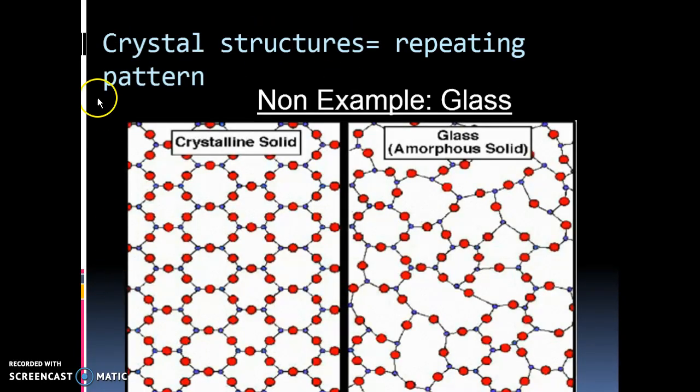And then the last part, a crystalline structure. If we could zoom in on the atoms that make up each crystal, we would see that in order to be considered, again, a mineral, it has to have a very nice repeating pattern. So this pattern right here is repeating. It has the same pattern the entire way through, whereas this one, glass, does not. It has just a random set of atoms everywhere, and since it does not follow a pattern, it is not a mineral. So those are three things about minerals that have to be true in order to be considered a mineral.